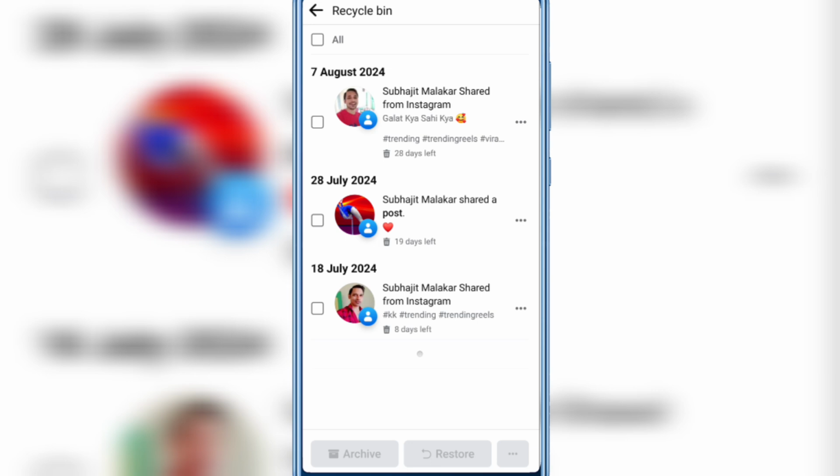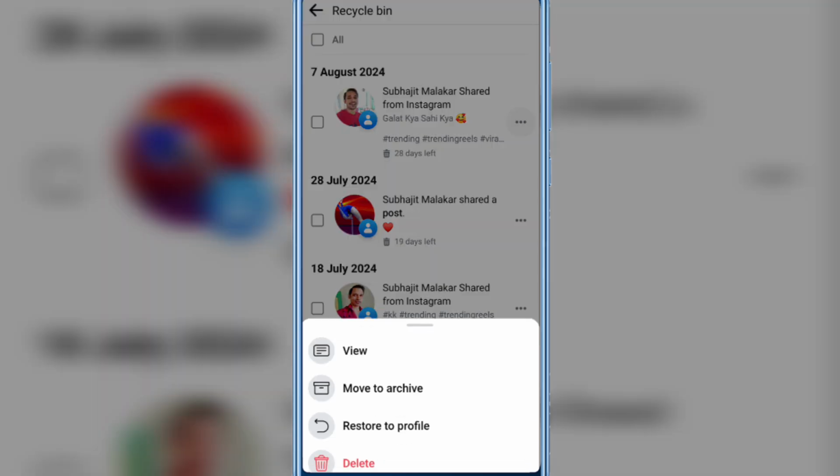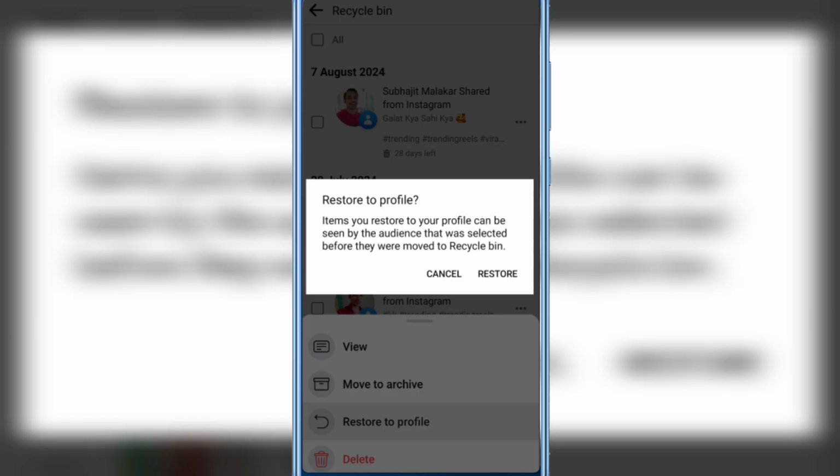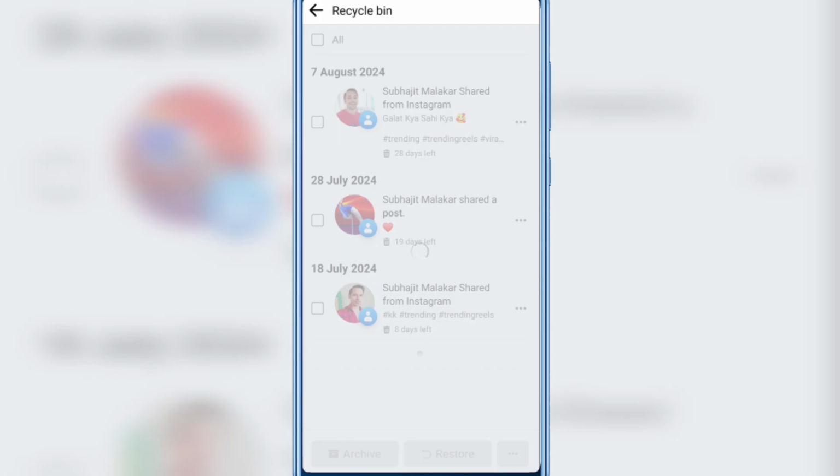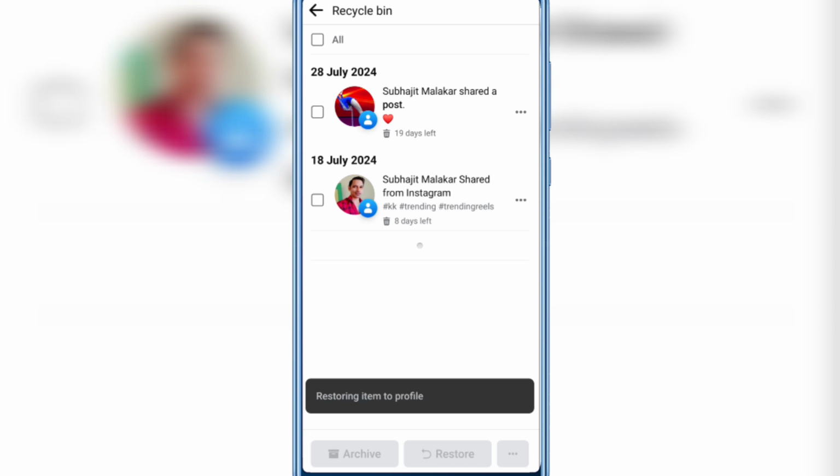So just click three dot here, and here you will see restore to profile option. Just click restore to profile, and then again you have to click restore, and it may take some times, and you can see this restoring item to profile. In this way you can easily restore your deleted post